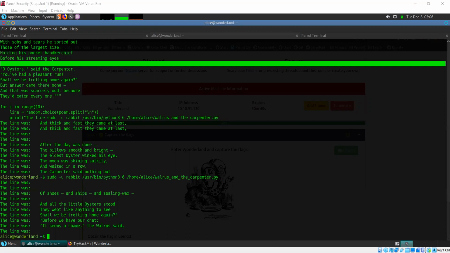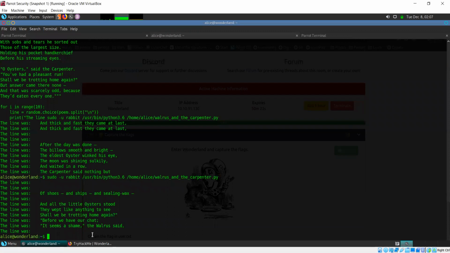See, if the root flag is in the user directory and it says everything is upside down here, then where should the user flag be? The user flag would be in the root directory, going by this logic.